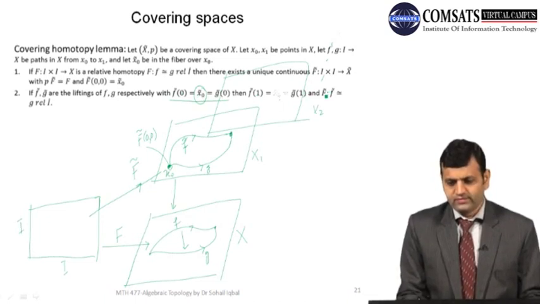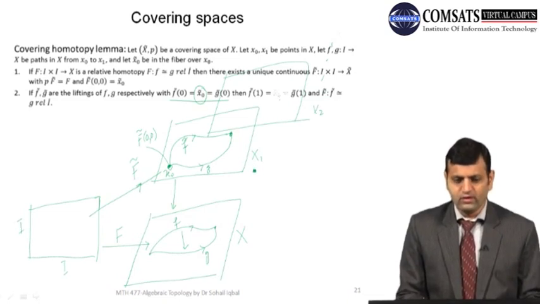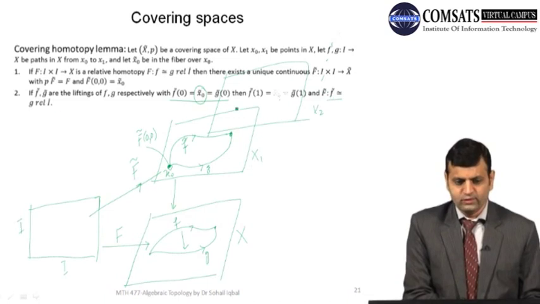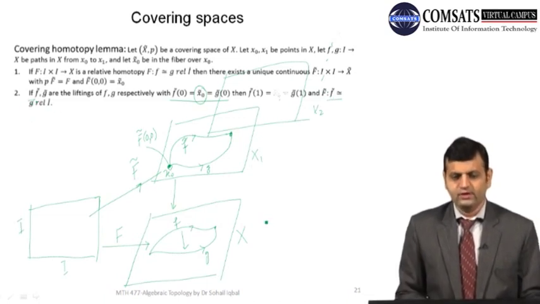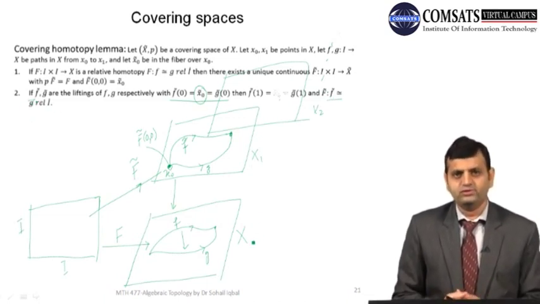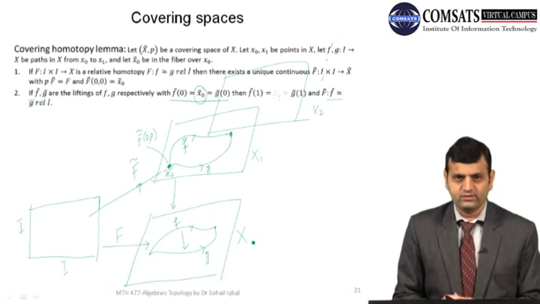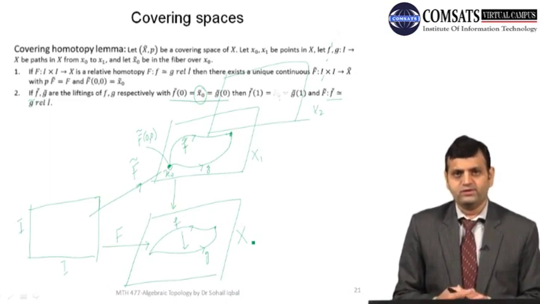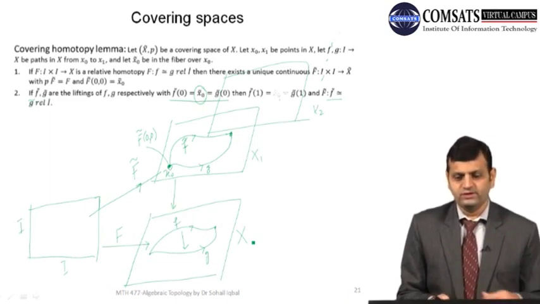And this capital F tilde is basically a homotopy of small f tilde and small g tilde. So roughly speaking, if there are two paths which are homotopic in the base space, then there will be two paths which are homotopic to each other in one of the sheets. So how to fix the sheet? If we give this point x naught tilde,